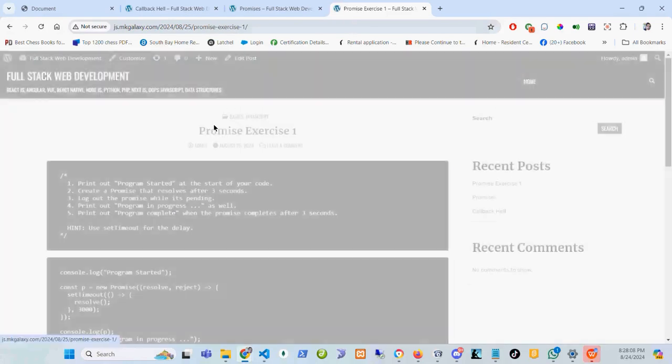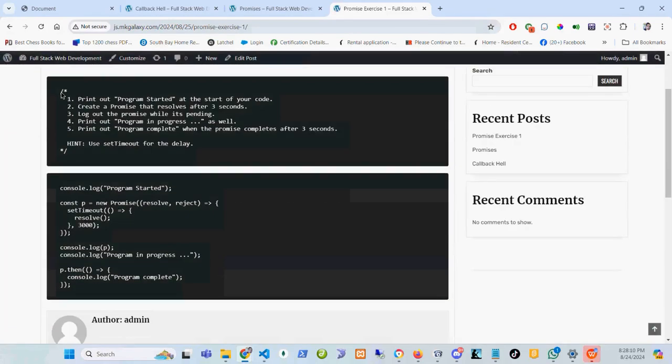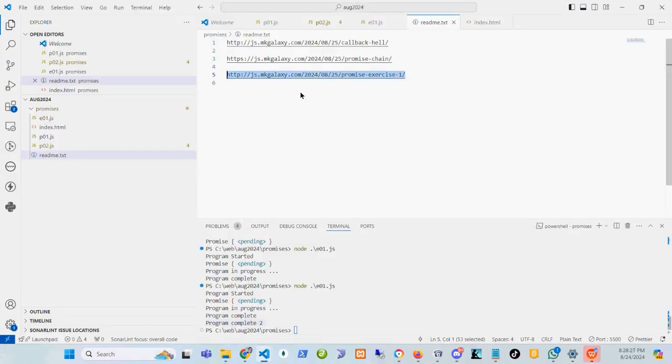This is the third page. Promise exercise 1. This is the question, and this is a solution for it. Okay, so we did something about promise. We did something about the callback hell. And one last thing which I will just explain, and I will explain next time also,